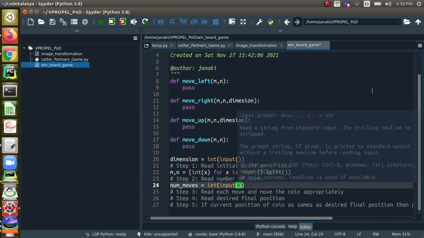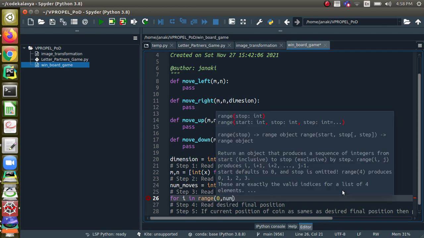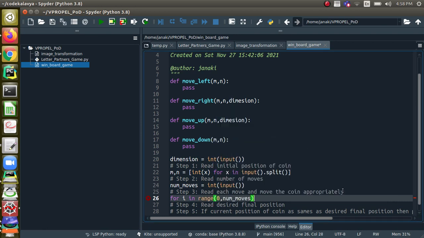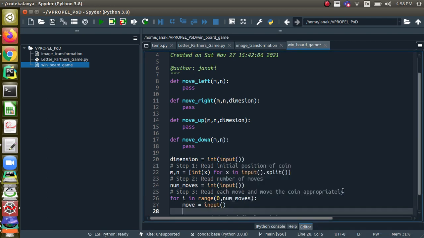Then let's read the value and convert it into an integer, and for each move, I for I in range 0 comma num moves, what you are going to do is read the direction of the move. So let me write move equal to input. You can have it as a string itself, because it is given in the problem that for a left move they will give L.